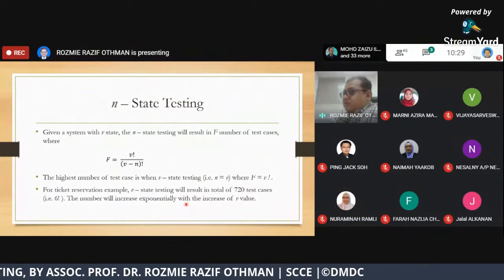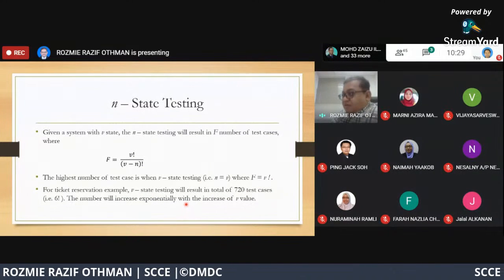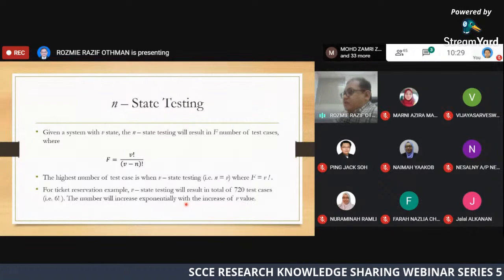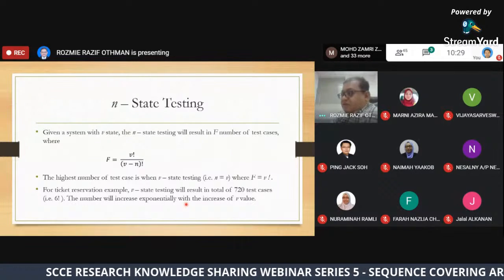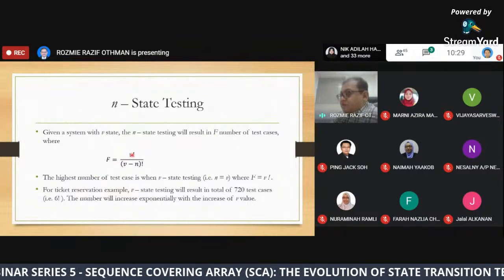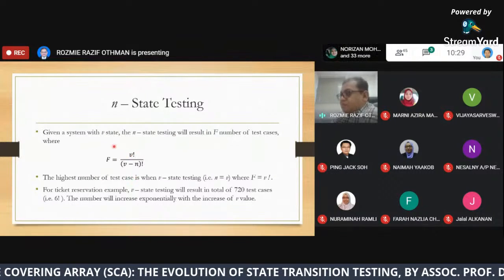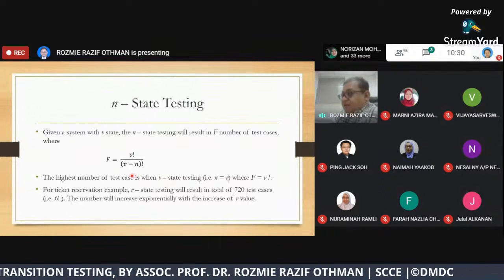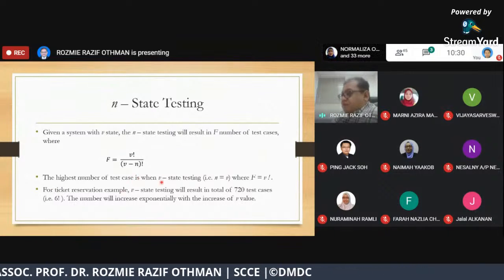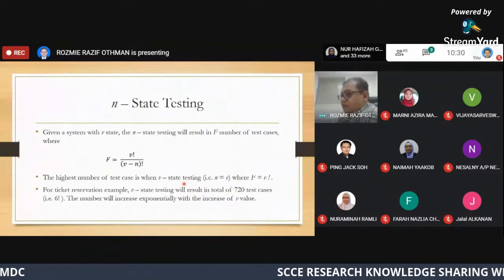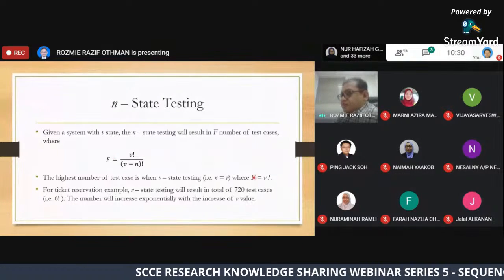Given a system with V states, N-state testing will result in F number of test cases, where F is V factorial over V minus N factorial. This is basically the permutation calculation. The highest number of test cases in V-state testing is when N is equal to V, which is F equal to V factorial.